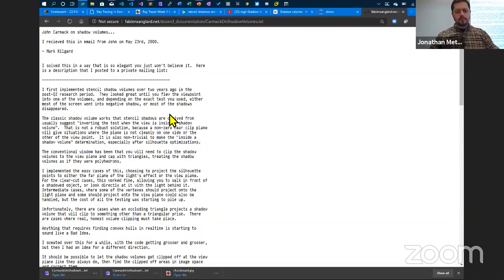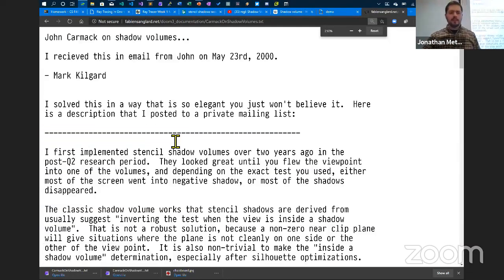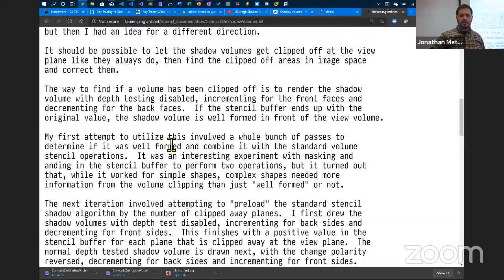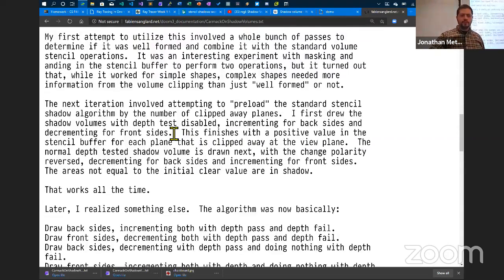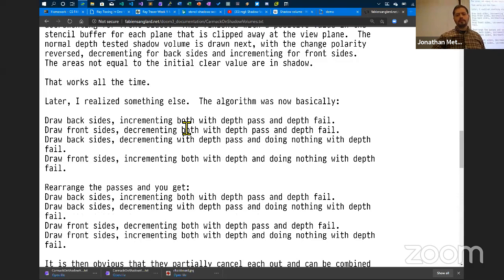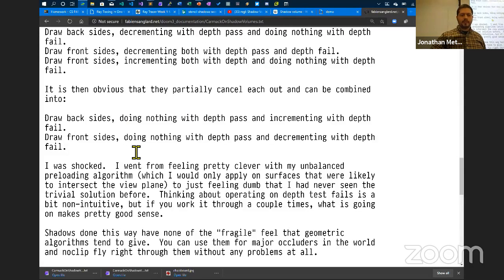There we go. Okay, so this is like an email, but what I like about this email is he summarizes what's happening. So you draw the back sides, and then you increment the stencil and the depth buffer, right? And so he goes through this whole process, and basically it's two steps. So you draw the back sides, and you don't do anything with the depth pass, and then you increment when